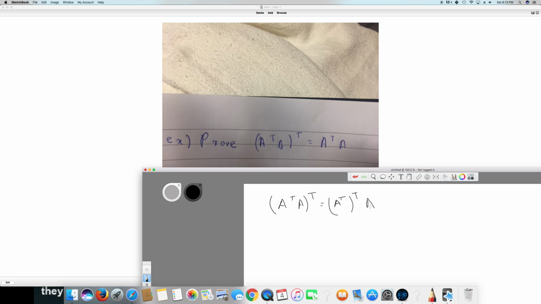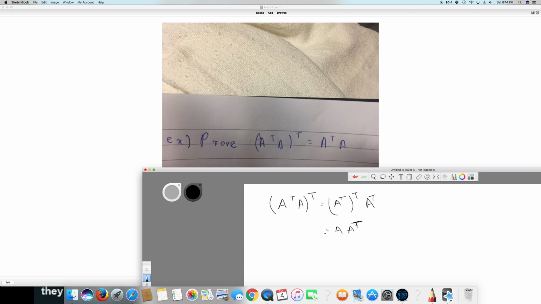And A transpose. So according to the properties of transpose, whatever the transpose to the power of transpose is, it returns its value, because it's like switching around. When you transpose, it switches around, and then you transpose again, it comes back to the normal form. So A transpose to the transpose is A, and A times A to the transpose,